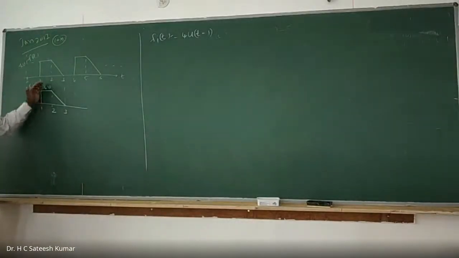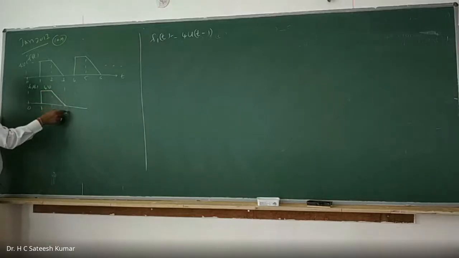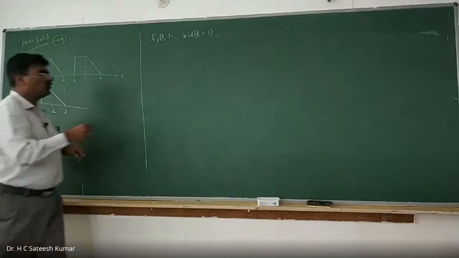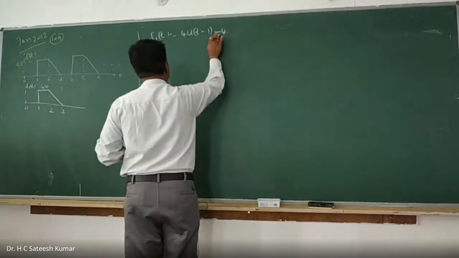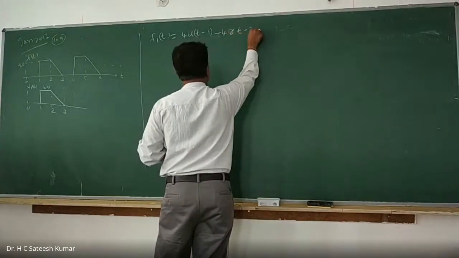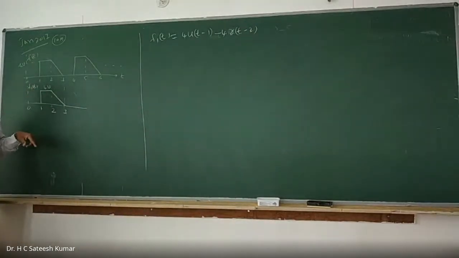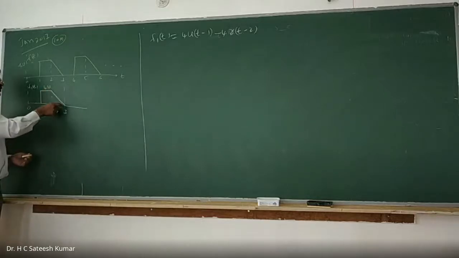Now I am going, so step up and it is going like this. Now we have to add a ramp which will decrease. So starting from 2, add a ramp with a slope of how much? This is 2 to 3 is 1. 4 divided by 1 is 4. Decreasing means minus 4 slope. So minus 4 into r of t minus 2, starting from 2, because it is decreasing. Height is 4, width is 1, therefore minus 4.